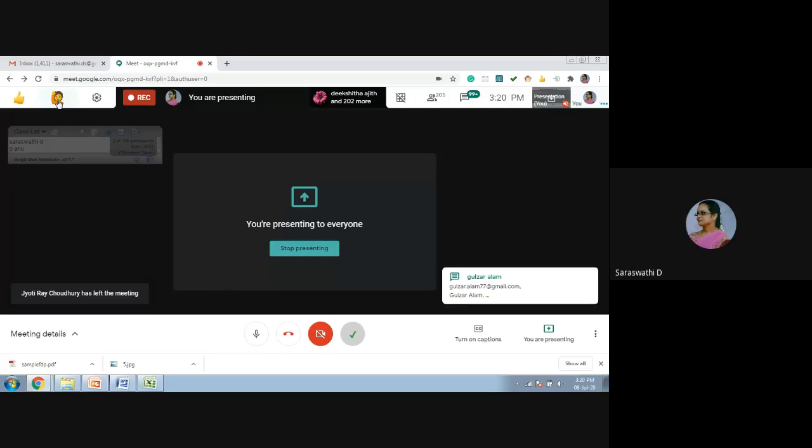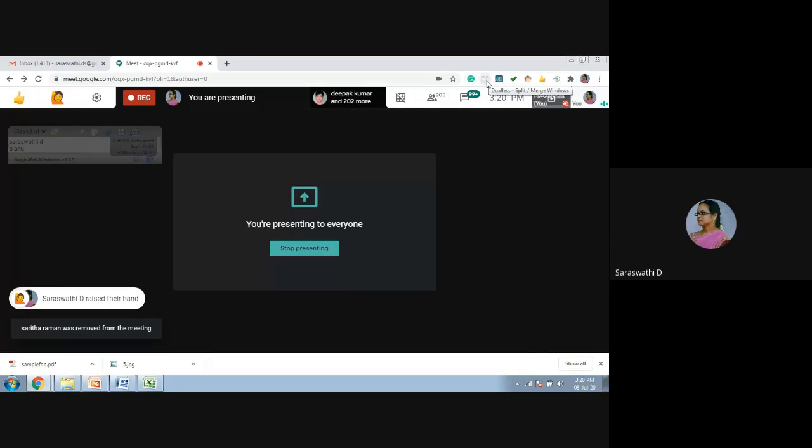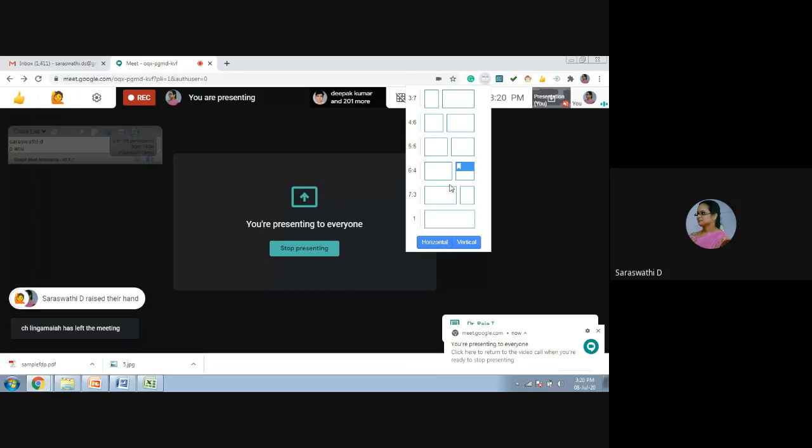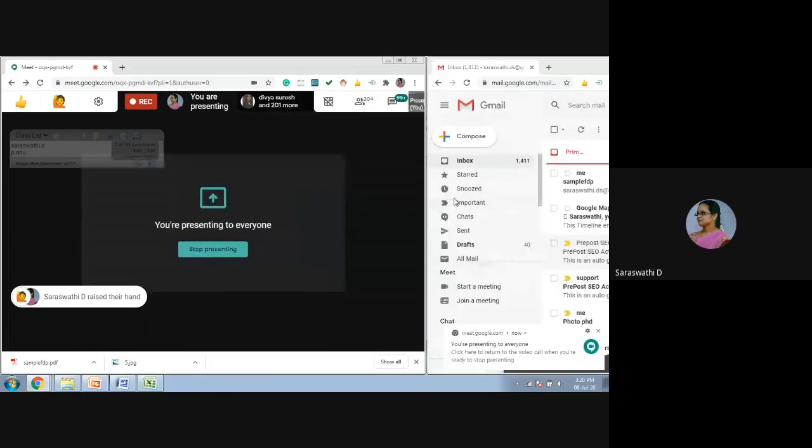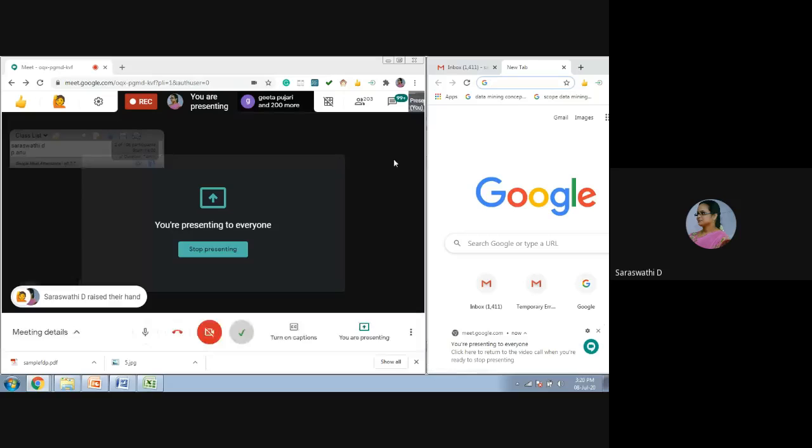This is the Google Nod options. Here you have the different symbols. If you want to raise questions, you can raise the questions also. Here, if you want to split this window into two modes, you can use this option. You can select this one.